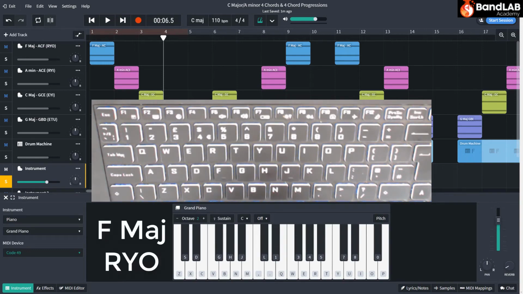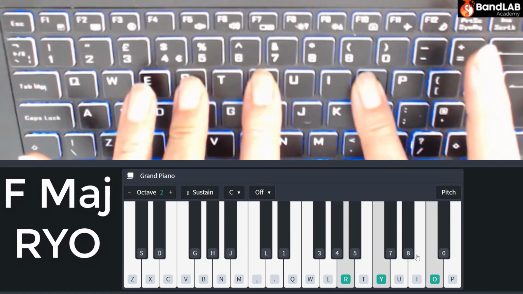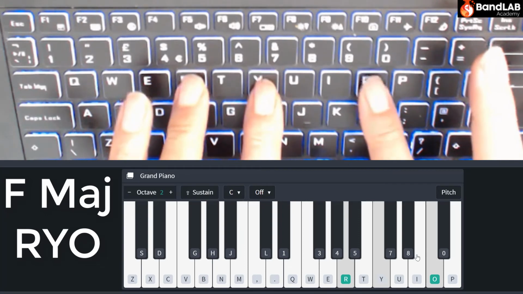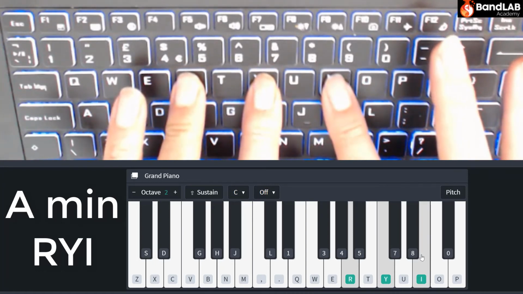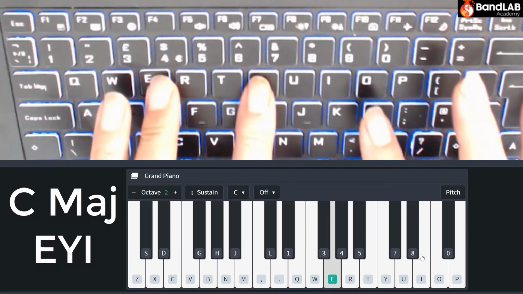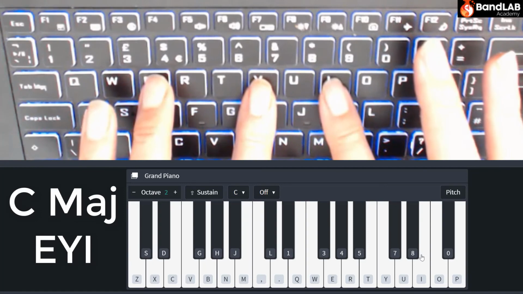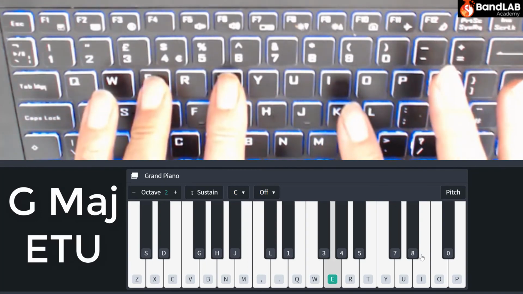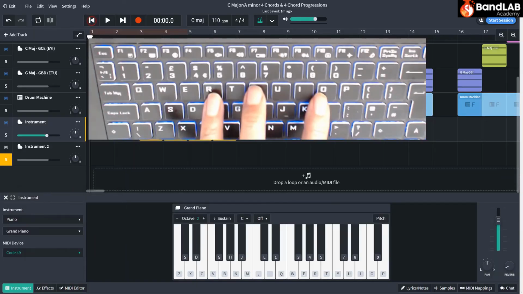The first chord is F major, which on the QWERTY keyboard is R, Y, O. The second chord is A minor, R, Y, I. The third is C major, E, Y, I. And the fourth is G major, E, T, U. So when you're ready, rewind the track, click on record,